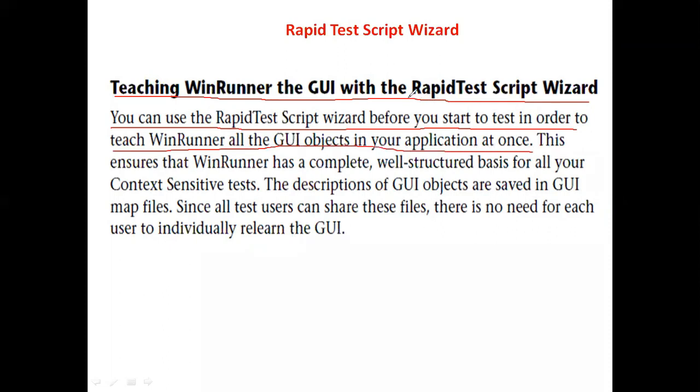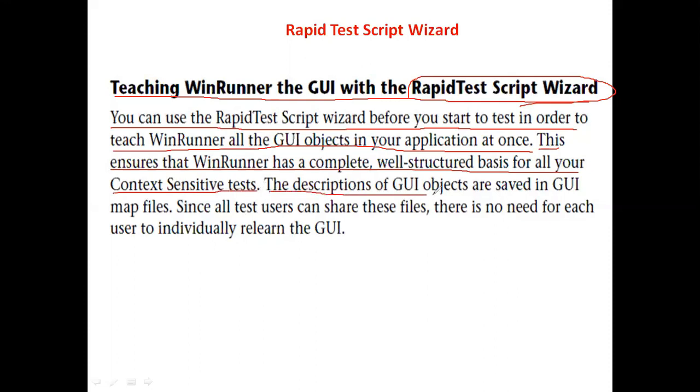So we are going to use this before the testing, to check the GUI objects in our application. This ensures that WinRunner has a complete, well-structured basis for all your context-sensitive tests.